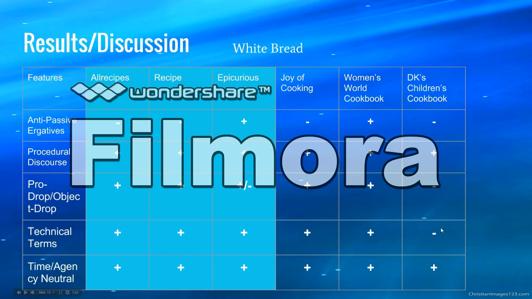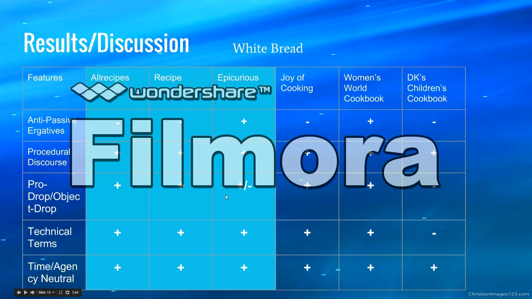I would attribute this possibly to the audience for the children's cookbook being different from the other recipes, since it was meant for children who would probably need a reminder that what they're making or whatever they're doing needs to be a pronoun or something that they can remember physically. So a pro-drop situation may not be the best because they might forget exactly what instructions they are doing. In technical terms, obviously, they may not understand what it is to braise the chicken or julienne an onion or something like that.